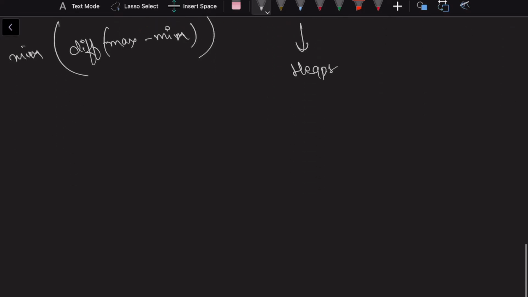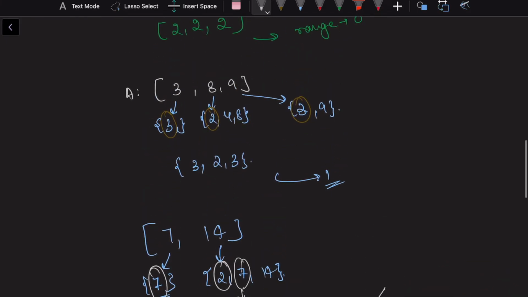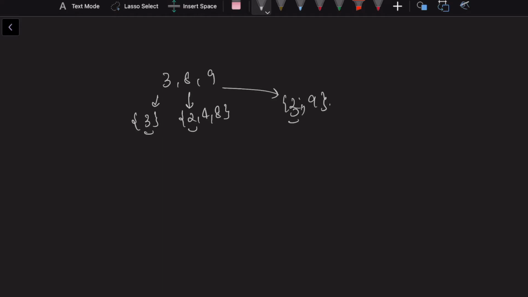So what we'll do is, let's take the same example, 8, 3, 9. They will have their own arrays, like 3. This will form 2, 4, and 8. This will form something like 3 and 9. I'll pick a single element from each array, and it looks something like 3, 2, and 3.